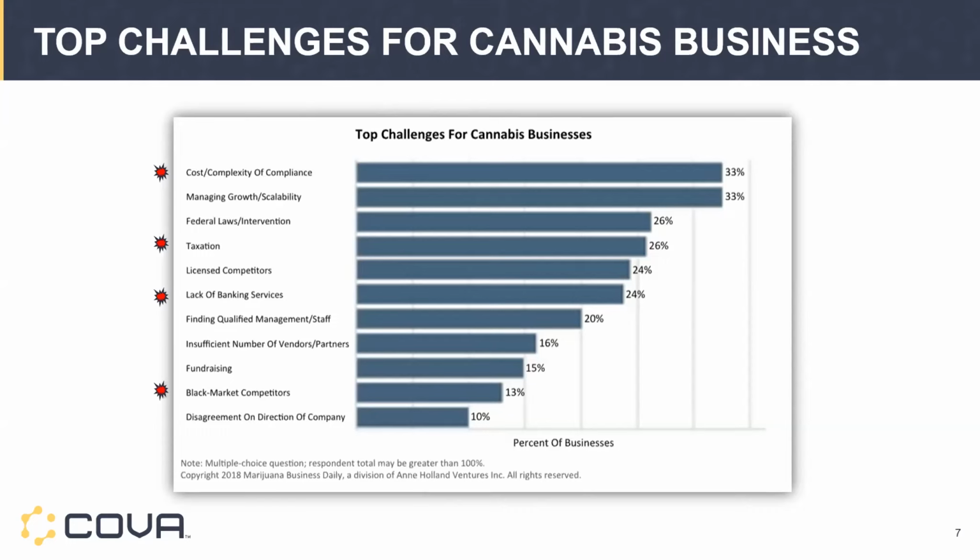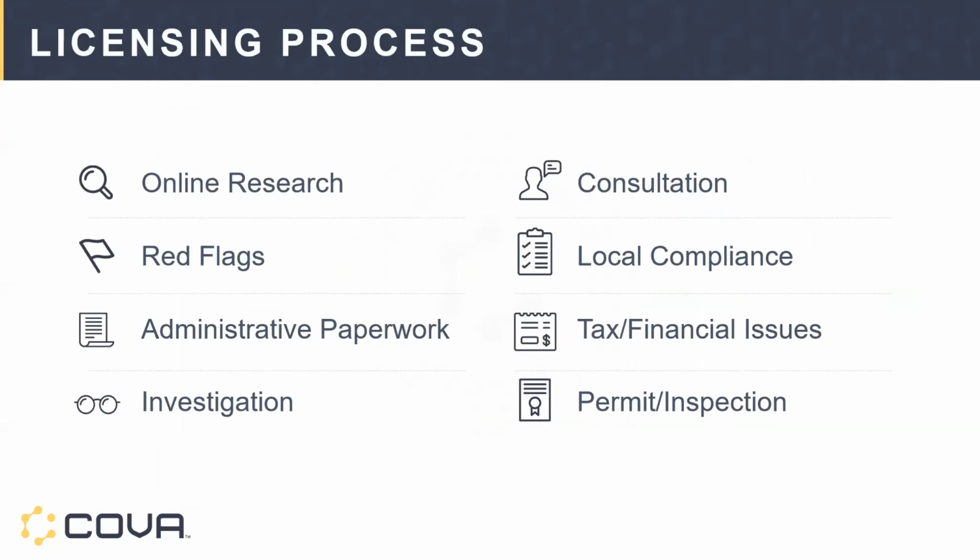In a survey of about a year ago, these were the top challenges that you need to think about. You need to get a license, and no matter where we are, there's a process for you to qualify to operate a dispensary. So unlike almost any other business, the background checks, the requirements on the location that you have, the set of partners you have and where the capital comes from to start your business is all scrutinized at varying levels based on the state or the municipality.